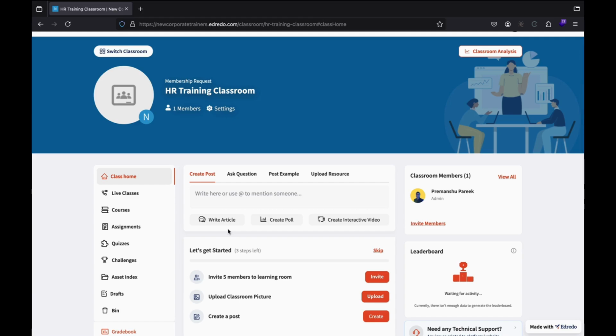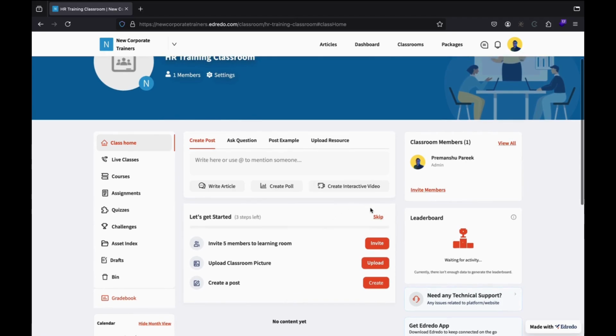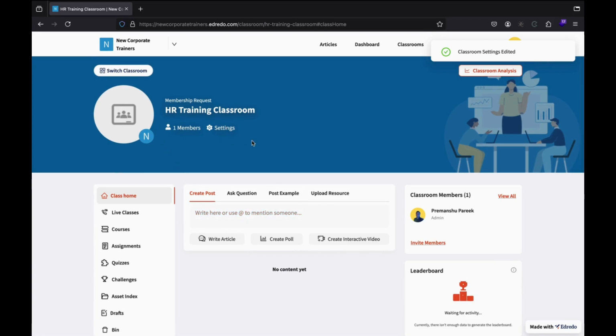As soon as you have created a classroom, you will have some prompts here to get started. You can invite 5 members to your learning room, upload a classroom picture, and create your first post. You can also choose to skip these steps. Now, let's go to the classroom settings. You will find the classroom settings in the banner next to the members count. So click on that and it will open a drop down. Here you have the option to go to the classroom settings, delete the classroom, or start a walkthrough of the classroom. Let's go to the